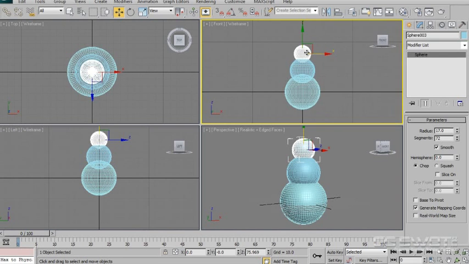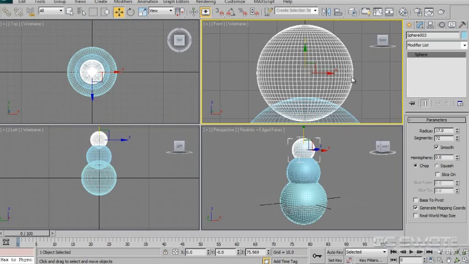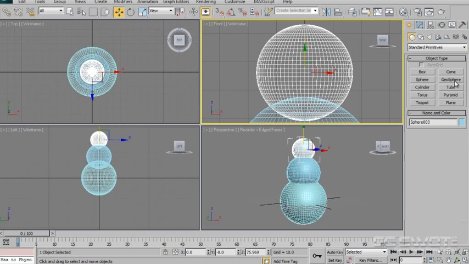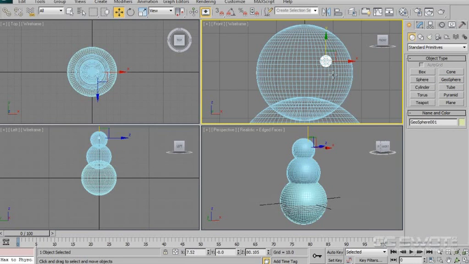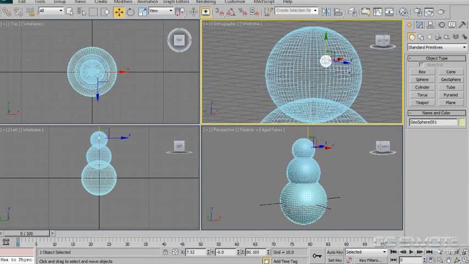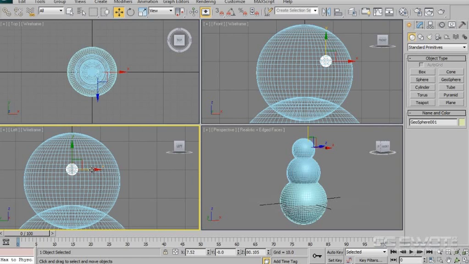So just while we're in that front view, let's zoom into the face model here, or the head sphere, and I'm going to create a geosphere. So if I select the geosphere, now what we didn't cover in the earlier section was the geosphere. We actually forgot to cover it. So I'm going to pull this forward and just explain quickly what a geosphere is. If I zoom in here,